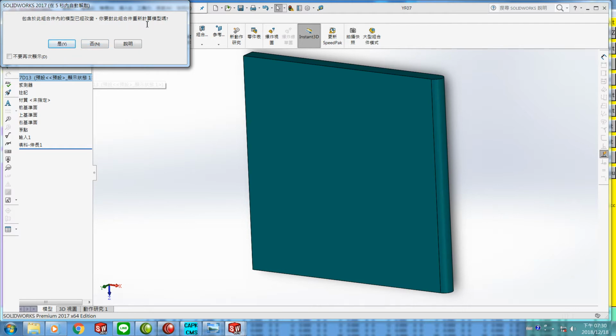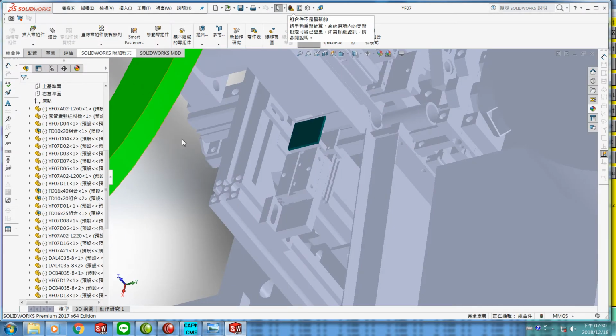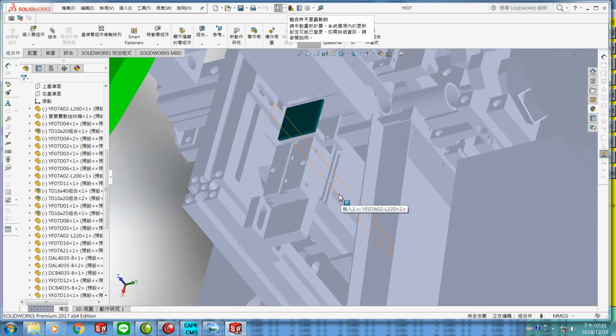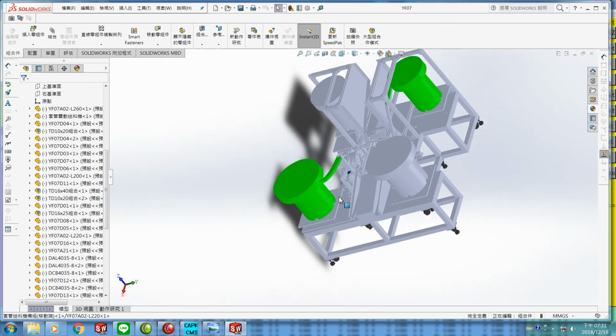Asked if the assemble recalculate the model, answer no. Okay, go back to the assemble. You can see the cutting cylinder's plate already removed two holes. So we already marked this file name. Then we have to hide all the rest components, only leave this one be seen, and save the only one to IGES file. How to remove the rest